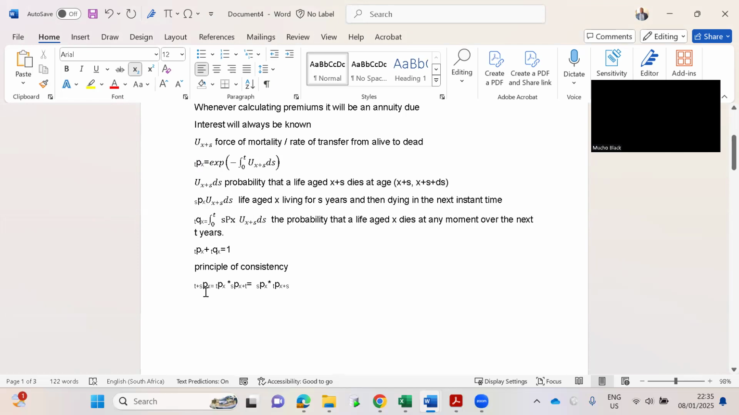a person aged X, and if that person needs to live T plus X years, then you can split that probability into two probabilities, where the person aged X first lives for T years, and then there'd obviously be X plus T years when that prevails, and then leaving an additional S years. Or you could swap the T and the S, where the person lives for S years, and then there'd obviously be age X plus S living for T years. So that is the principle of consistency,